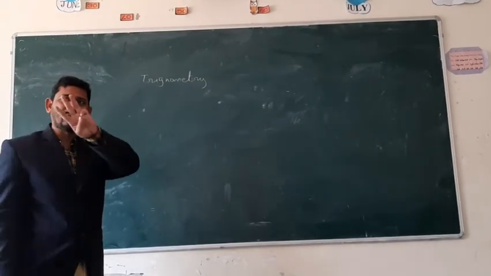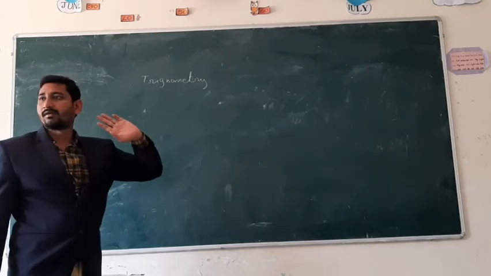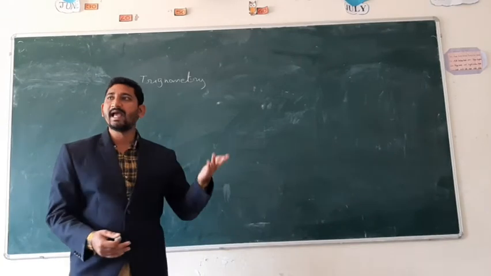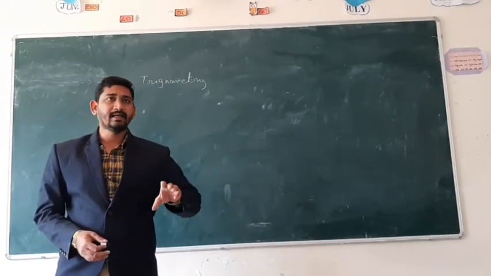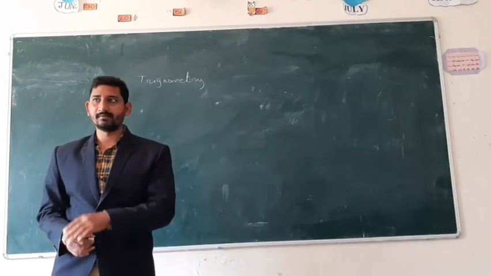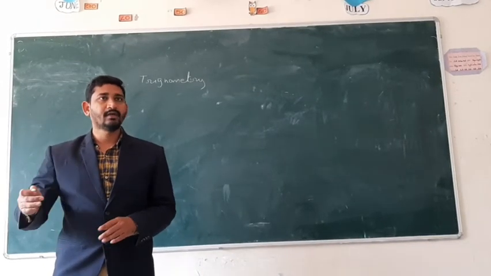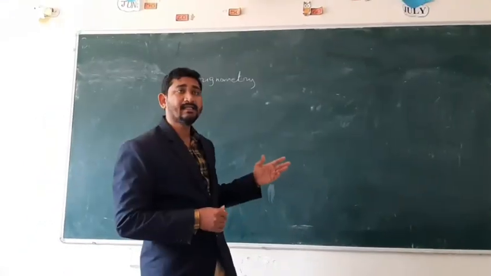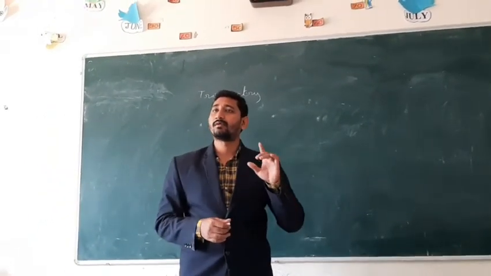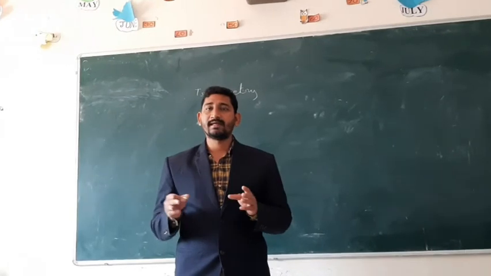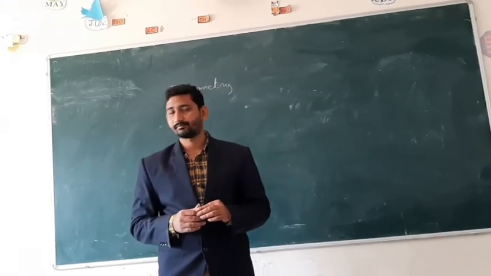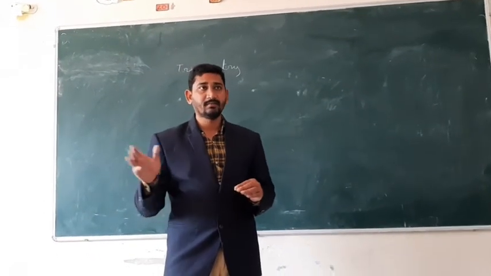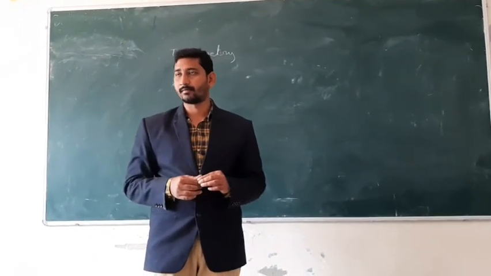Trigonometry: tri means three, gona means angle, metry means measure. If you are measuring three angles, it is called trigonometry. Three angles will be there for a triangle. So if you are studying about triangles, that is called trigonometry. Mainly this trigonometry we will do on right angled triangles. Do you know Pythagoras theorem? Yes, sir. Side squared plus side squared equals hypotenuse squared.